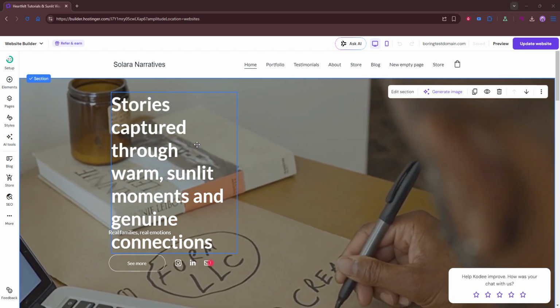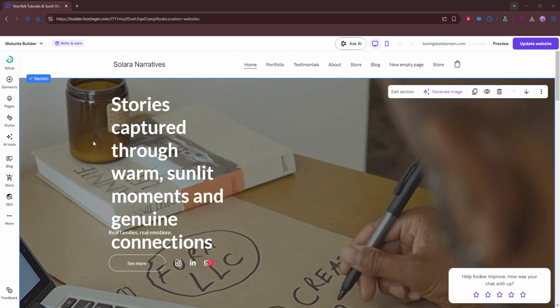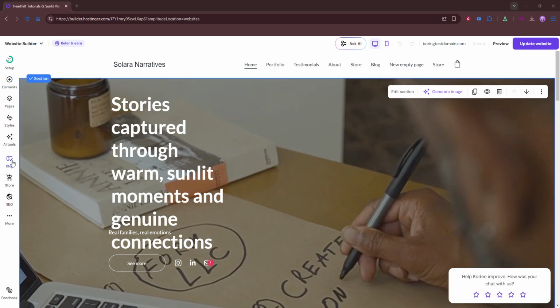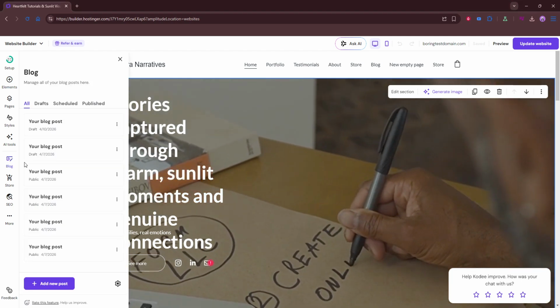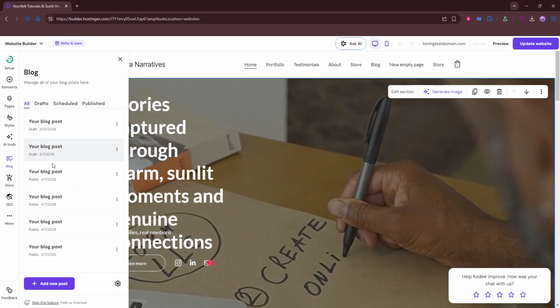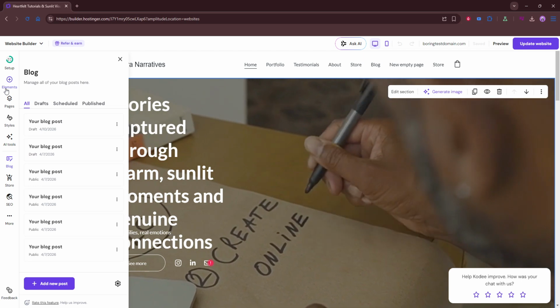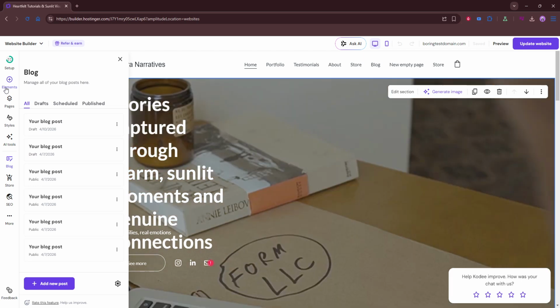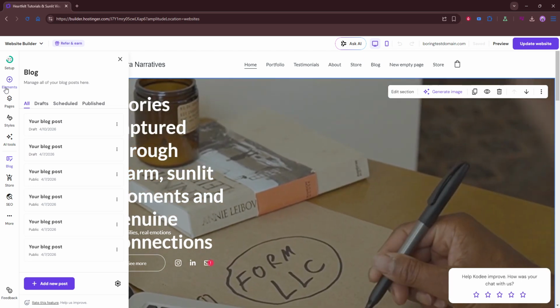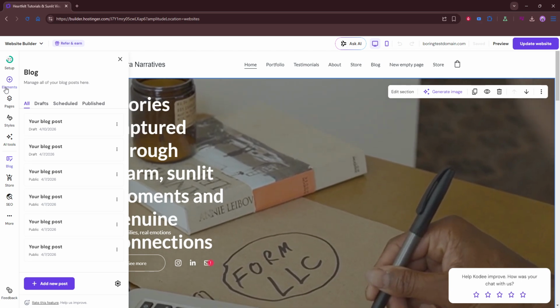Next, enable the blog feature in the builder. Look for the blog option within the main editing controls. Turning this on adds all the essentials behind the scenes, including a blog page and the tools you'll use to create and organize posts. If a prompt appears to set up your blog, follow it so the builder can prepare